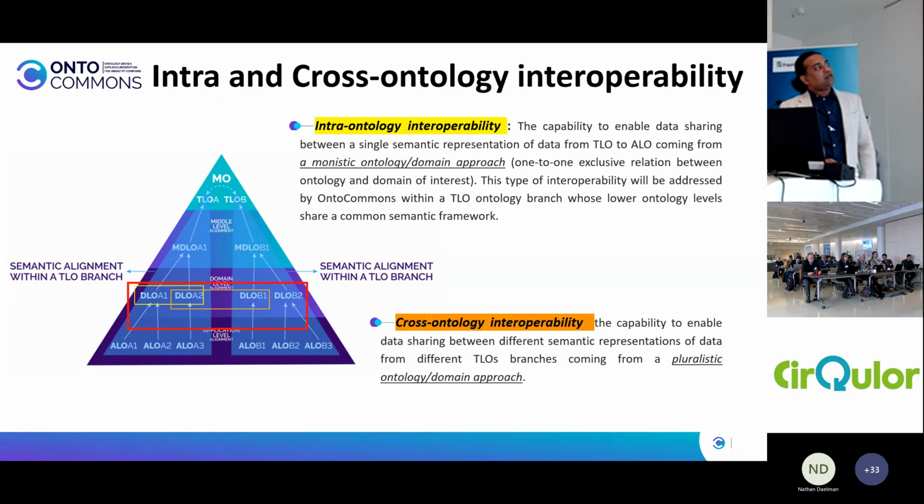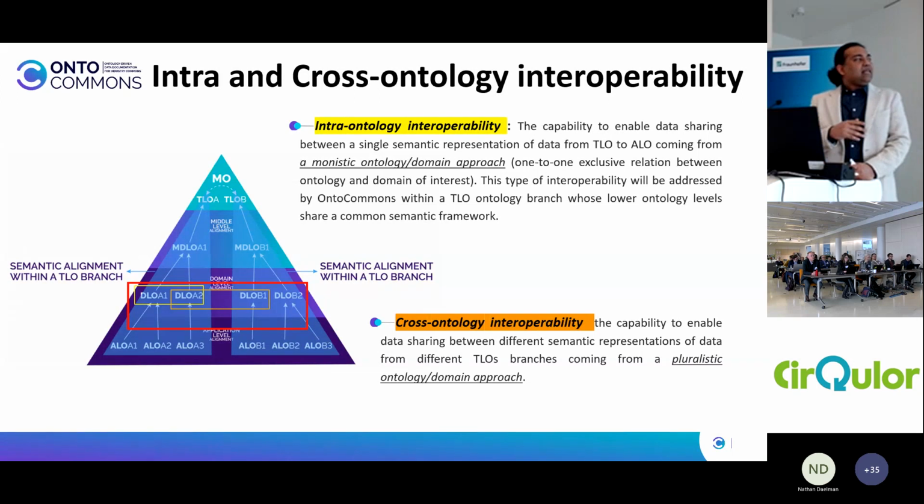In the end, of course, these top-level ontologies are being adopted in different domains. If we make sure these ontologies follow the same top-level ontologies, then they have some kind of interoperability.